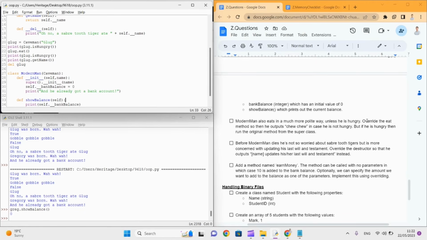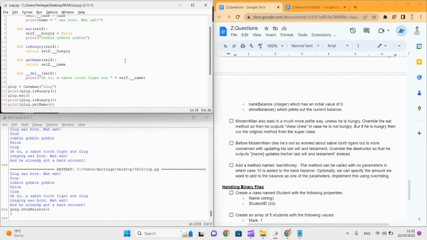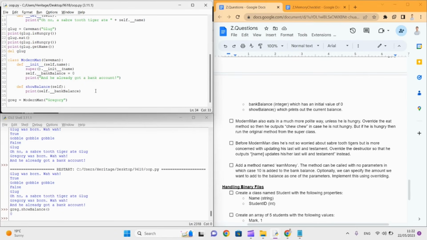So we're going to override the eat method. To override, we're going to create the exact same function with the exact same function header. And whenever we call this function on Greg, it's going to call this function instead of the original caveman method. And in this case, what we're going to do is we're going to print